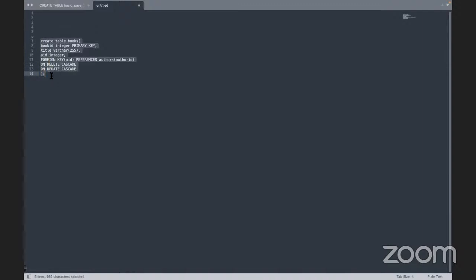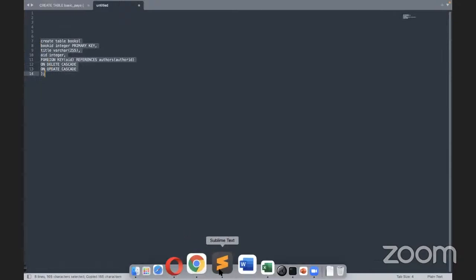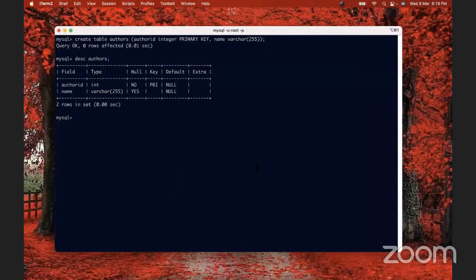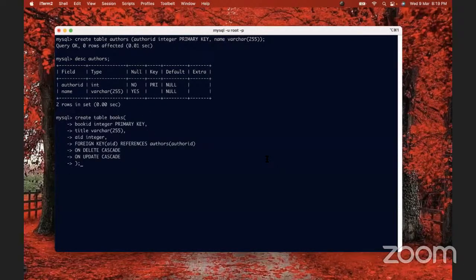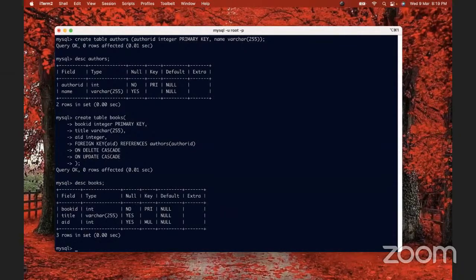What's this? Okay, let me copy and paste it here. Right. Now the table is created, right? And if you describe your books table,